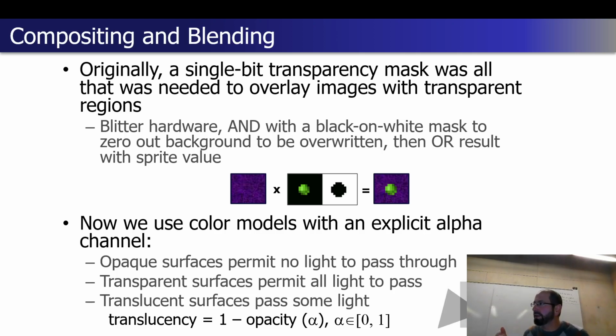And then between the extremes of 0 and 1.0, we have partial transparency or translucent surfaces. We want to pass a little bit of light through this primitive to whatever was behind it. That is what we use the alpha channel for, to calculate what that value would correspond to in practice. It's going to be a combination of the value we currently have in the frame buffer at that location, as well as the fragment we're currently generating at that particular point in time. And it's going to be just some weighted combination of the two, and that's what our alpha channel allows us